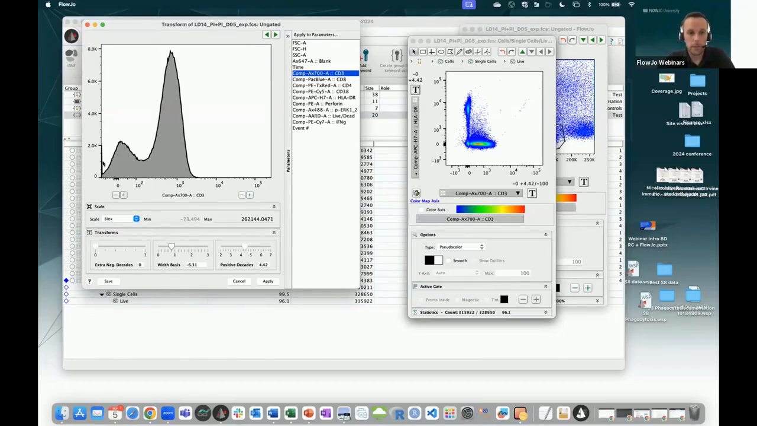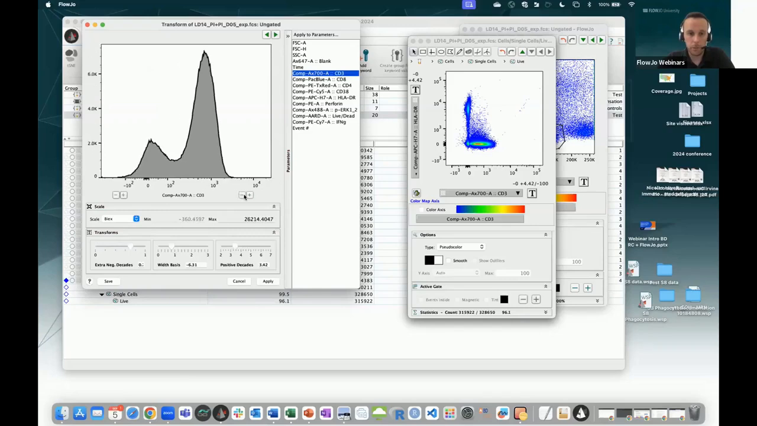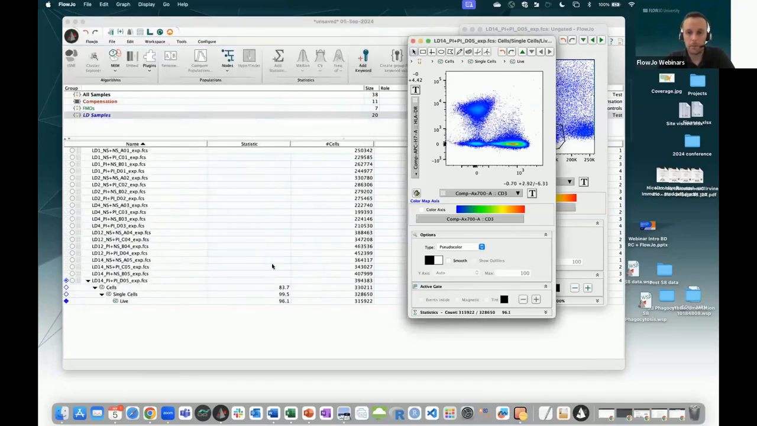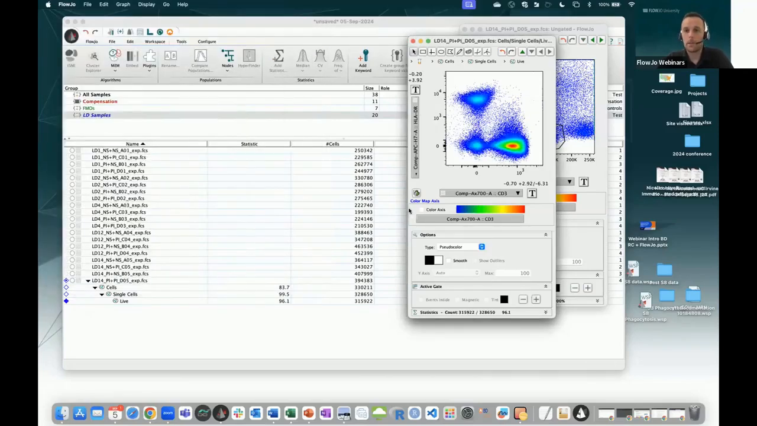But now I have a lot of cells on my axis right here. Don't worry, you can add additional negative decades. There you go. And I have a lot of white space here. I don't have any cells, it seems like, after 10 to the 4th, so I can remove some positive decades. And now the display of my CD3 is better. I can do the same transformation for my DR. Go just a little bit there, and there you go. And now I can select my CD3 population